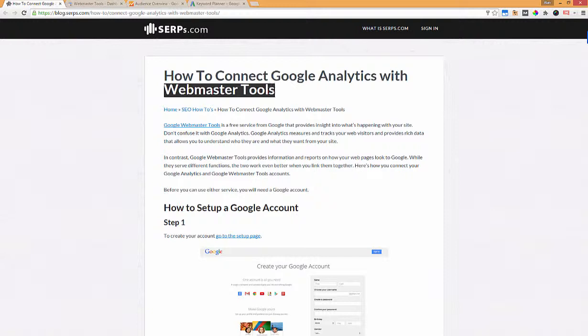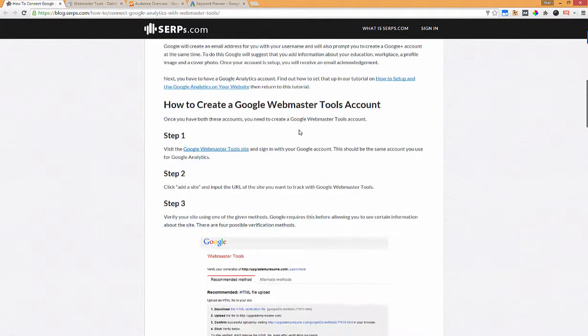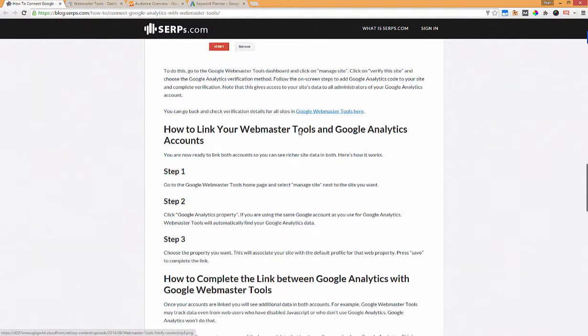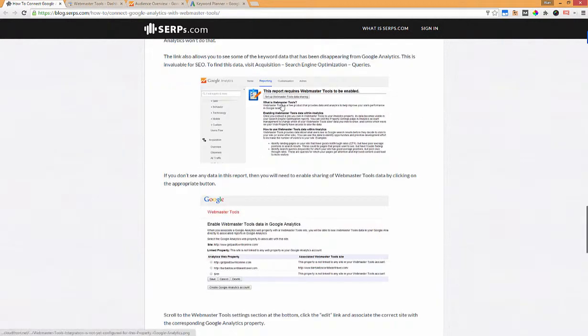actually synced with your webmaster tools. Now, not everybody has this set up, but it's definitely recommended. Both are free services, as it says here, from Google. So all you need to do is just set up the accounts. So if you go through this, it will take you through and help you set up both the Google Analytics